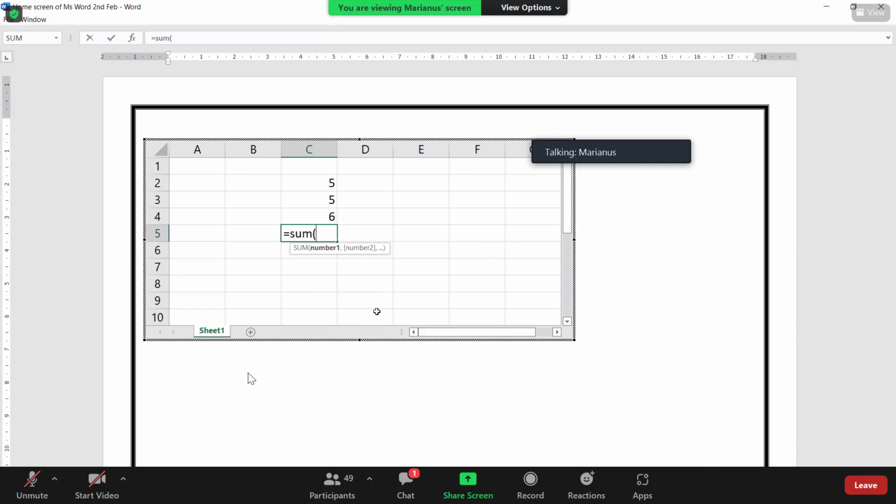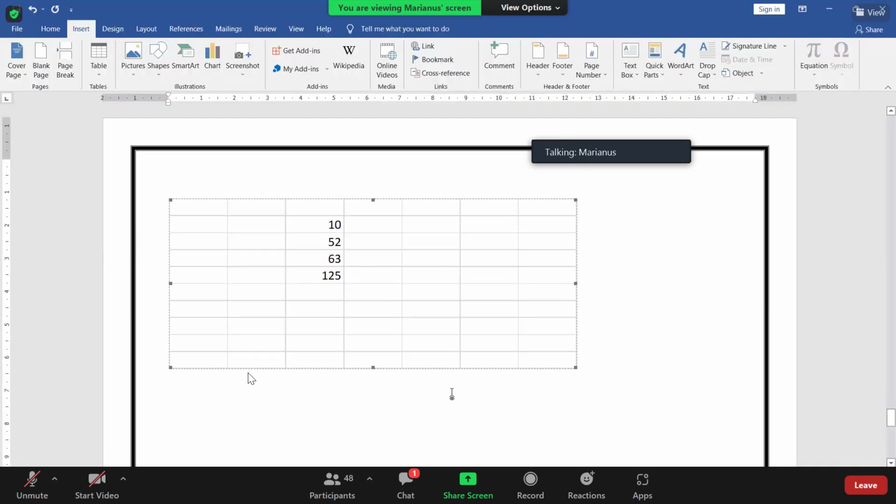Sum open bracket, and you need to select the numbers. So automatically it will add. Now whatever numbers we change here, automatically it will add in the total. It will update here. This is the total. So if I click outside, the table will come to normal again. I believe this is clear, right?